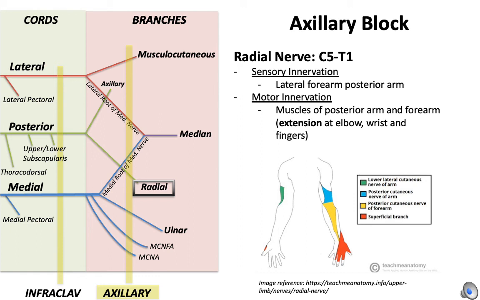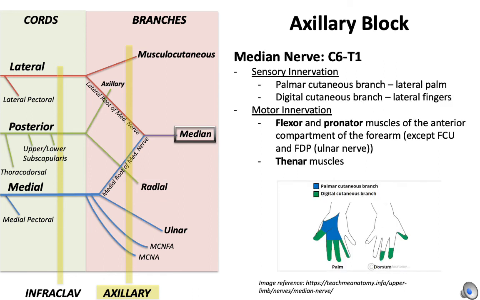The radial nerve, which receives innervation from C5 through T1, contains multiple sensory branches that provide sensation to the posterior arm and lateral forearm, as demonstrated in the picture on the right. It provides motor innervation to the muscles of the posterior arm and forearm that are responsible for extension at the elbow, wrist, and fingers. The median nerve supplies cutaneous branches to the lateral palm and lateral fingers and provides motor